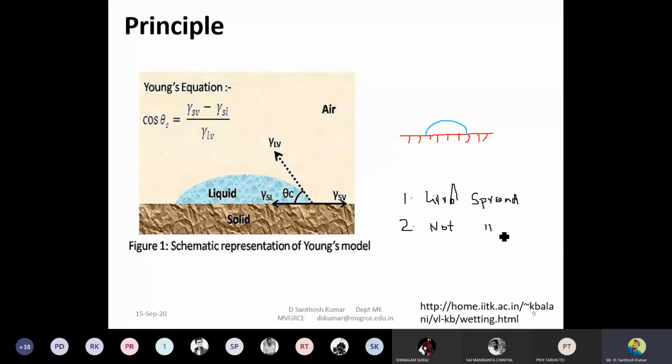But here you can clearly understand that, either wetting or no wetting, whether the liquid will wet the solid surface or not, depends upon one particular process parameter. So how can you say that yes, this will spread over the surface and another one will not spread over the surface? You require one deciding factor, otherwise called one process parameter. That process parameter will always decide whether the surface is wetting, or whether that particular liquid has good wettability. That process parameter is called contact angle.